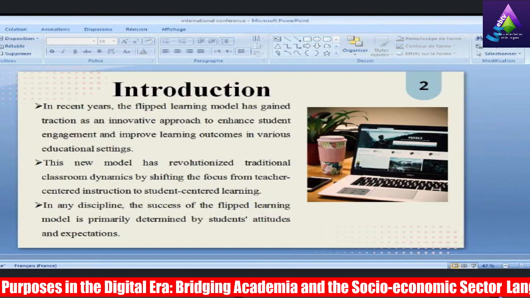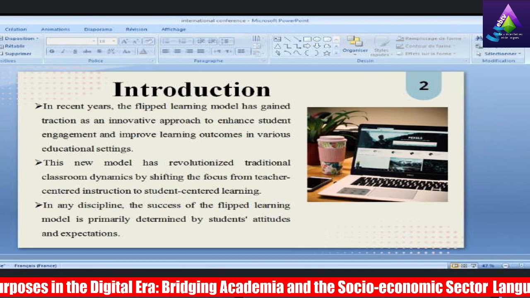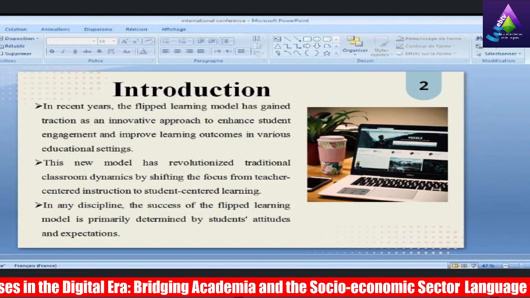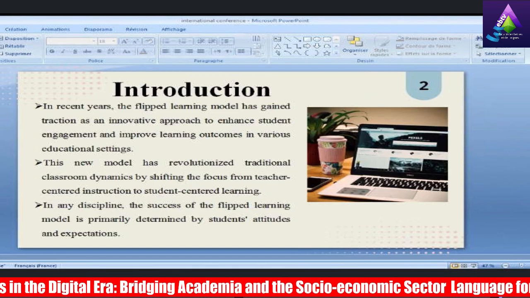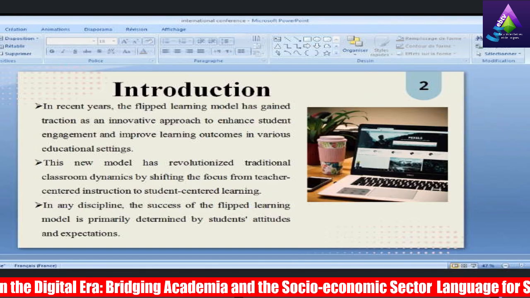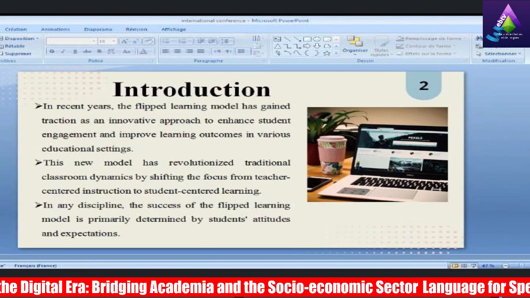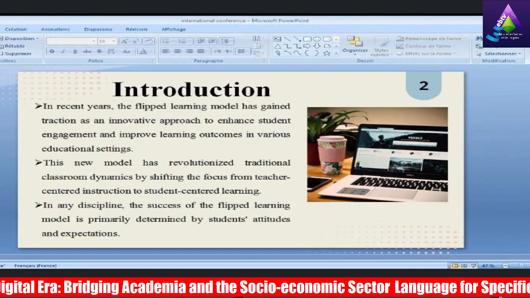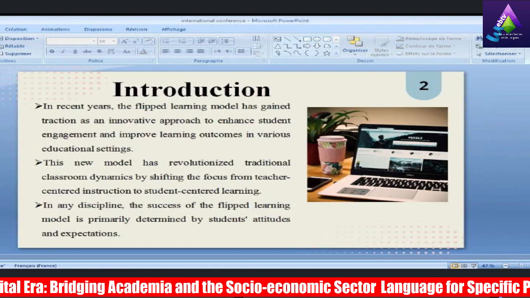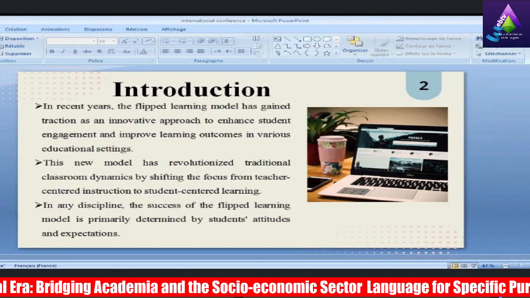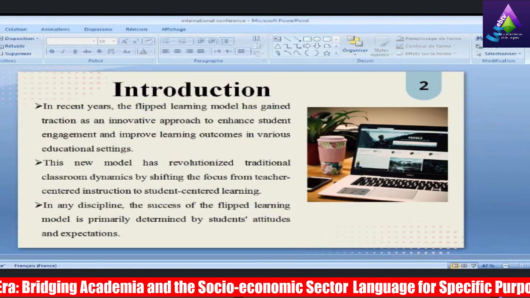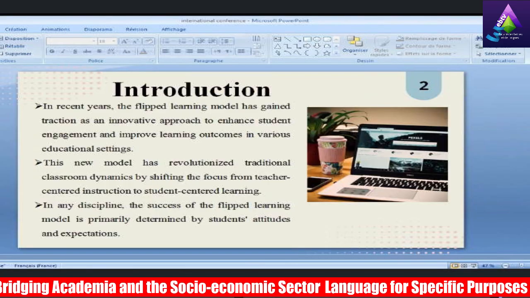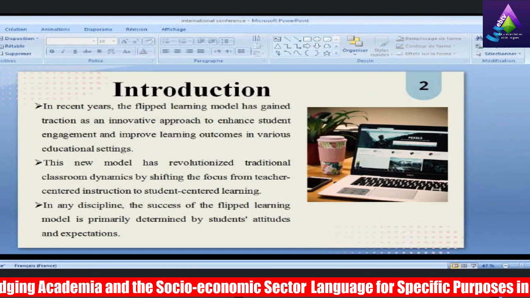In any discipline, the success of the flipped learning model is primarily determined by students' attitudes and expectations. So, in a nutshell, the introduction presents the flipped learning model as an innovative approach in contrast to the traditional face-to-face teaching method, and it focuses also on students' attitudes and expectations towards this new teaching method before the implementation.